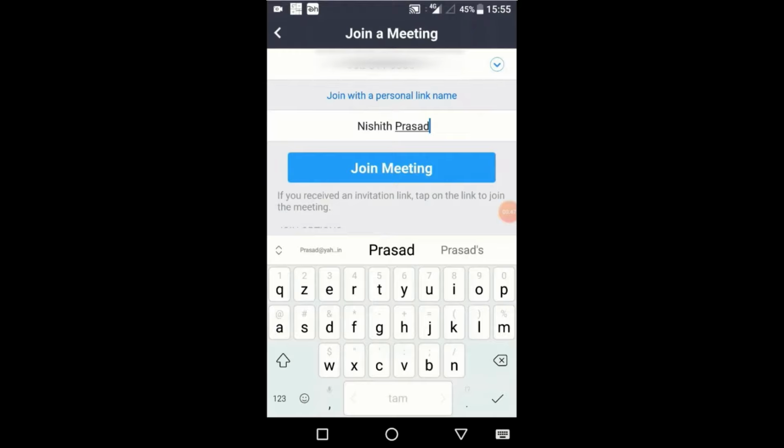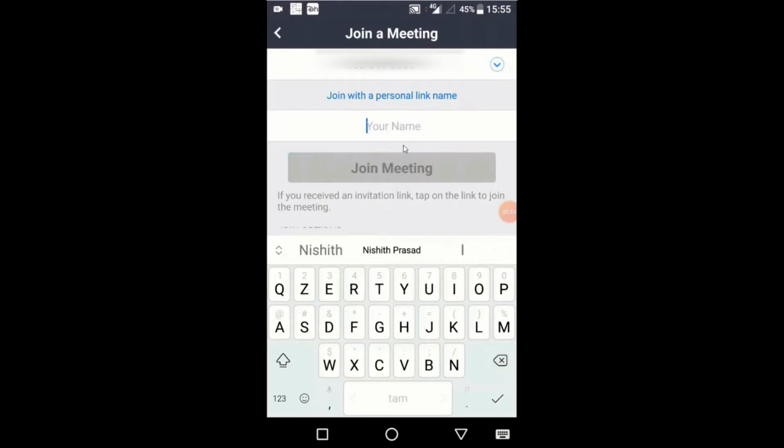So here is how you do it. Your name is listed here, so you can go and edit it. It's not needed that the same person joins every time. If you have brothers or sisters joining a different meeting, they can just go and edit the meeting name here, as I am editing here. Every time you join a meeting, make sure you join with a proper name.